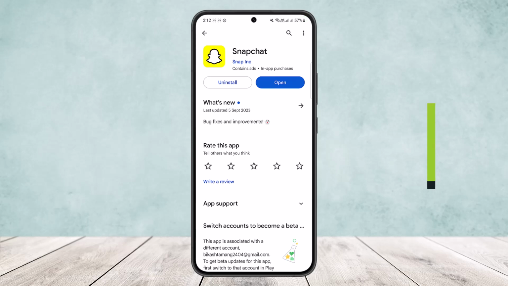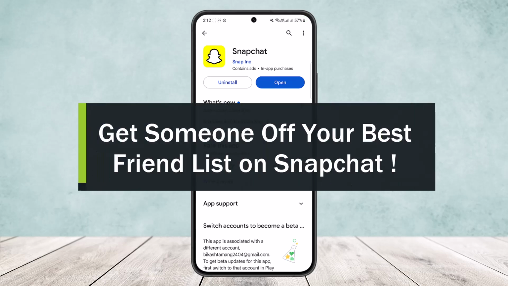How to get someone off of your best friend list on Snapchat, or how to remove someone from your best